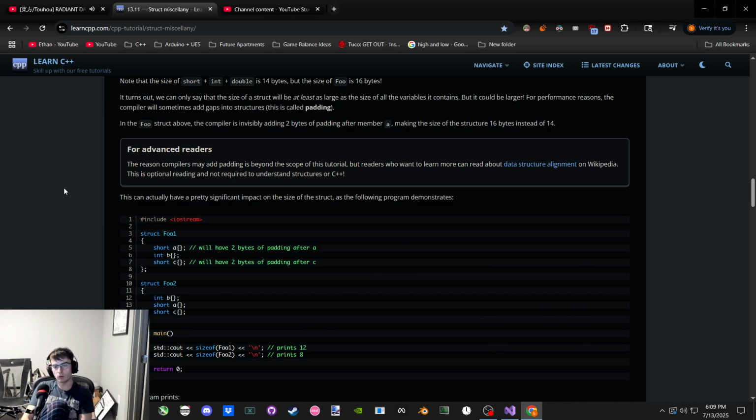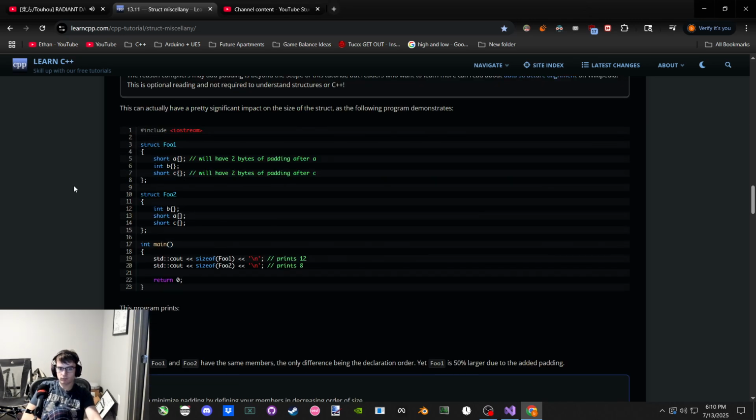But for food 2, I would think it would be the same, but I guess not. In that case, it doesn't add the padding. So the order is mattering in this case? Yeah, I mean, that's surprising. And is it because it thinks, oh, short is going to be the default size for this? So anytime we see a short, we have to pack. But if we say int here, then maybe,